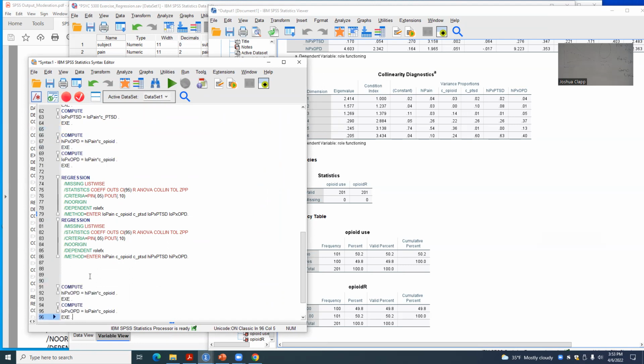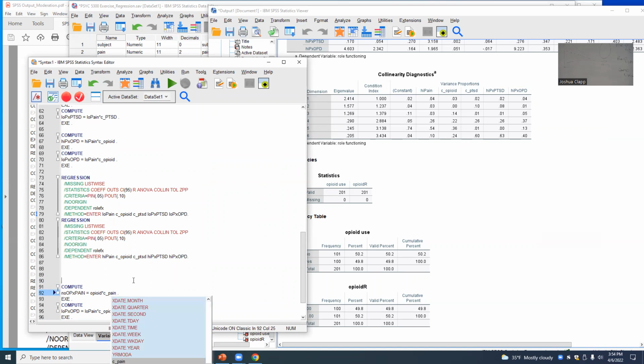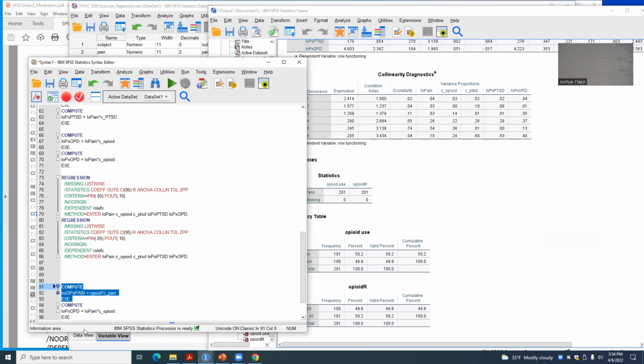And this is just going to be, we'll call it no opiate times pain. And that's just going to be my original opiate use variable times centered pain. Okay. And then I'm going to have my other interaction